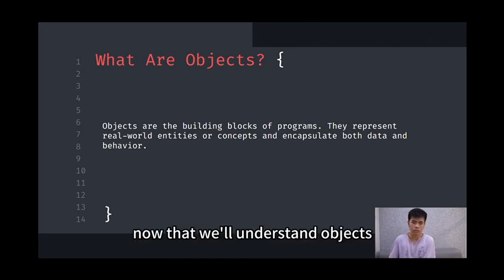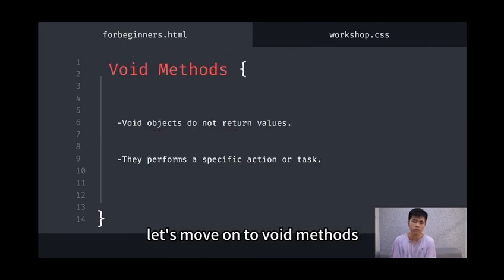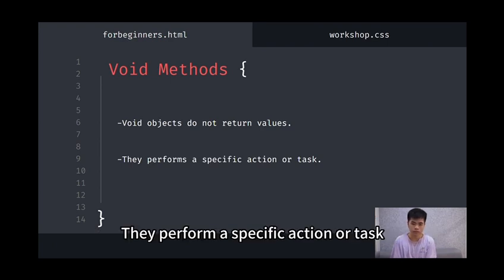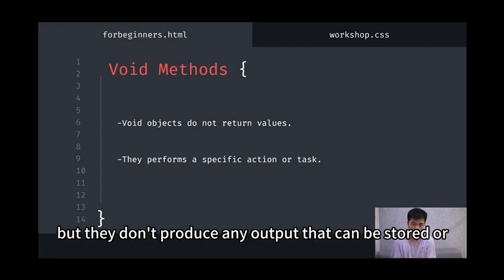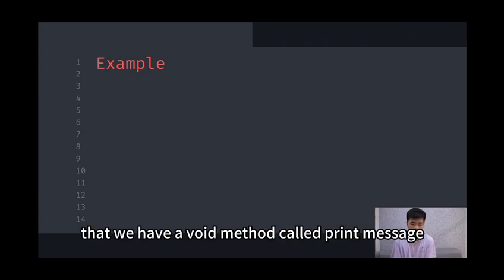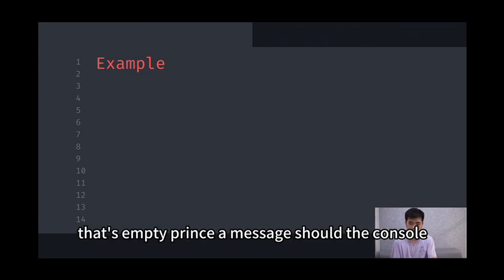Now that we understand objects, let's move on to void methods. Void methods are methods that do not return a value. They perform a specific action or task, but they don't produce any output that can be stored or used elsewhere in the program. For example, let's say that we have a void method called printMessage that simply prints a message